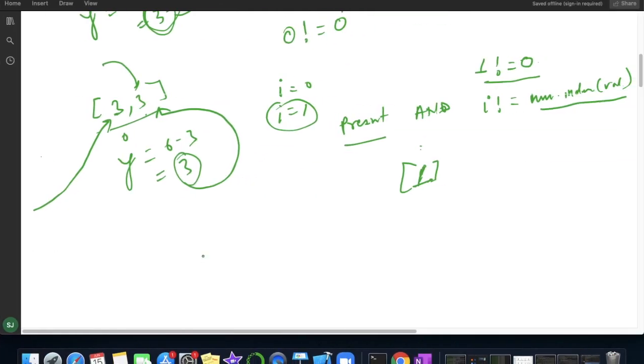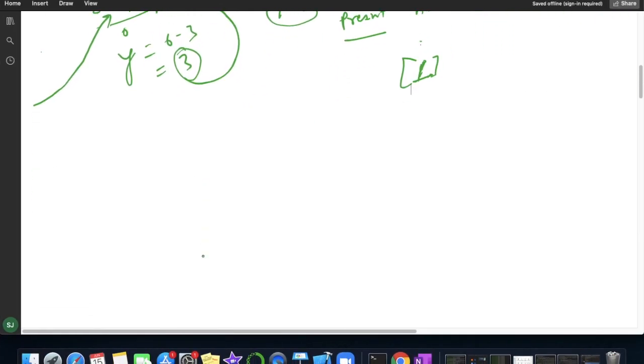So we'll try another logic. We'll simply use a dictionary. Suppose we have the values 3, 3. Now we'll use a dictionary; suppose dc equals an empty dictionary. We'll iterate from the very first element and check whether this 3 is present in my dictionary or not.